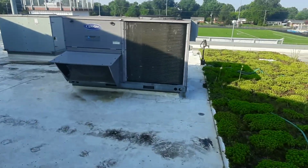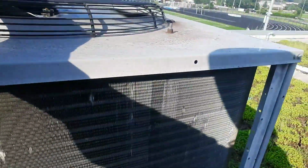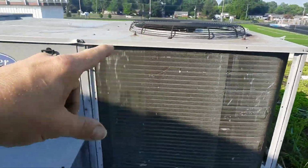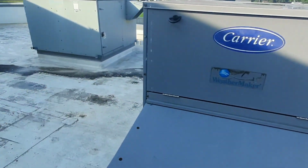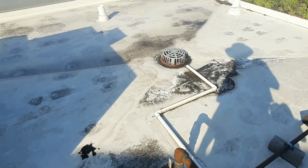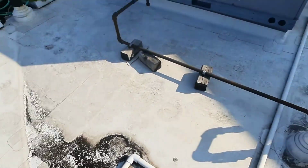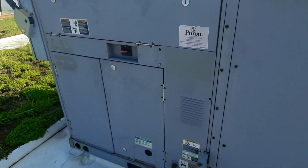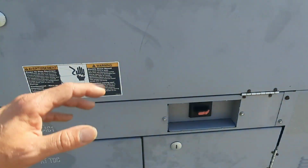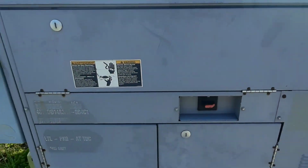Y'all may remember this guy. It got a new condenser fan motor, blower motor, I don't know, a couple months ago. And it worked fine until recently. We got all this heat hit us all of a sudden. It feels like it's not hot coming out, but let's get our panel open,